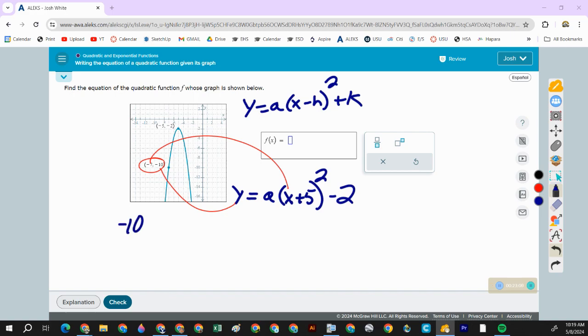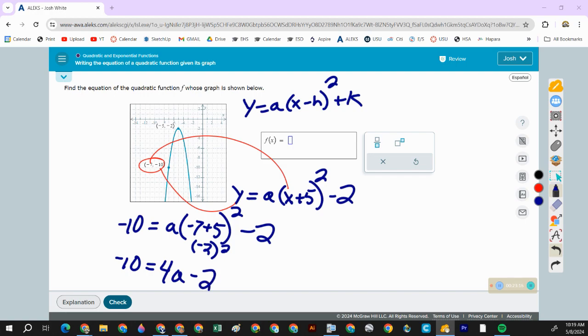So negative 10 equals a times negative 7 plus 5 squared minus 2. Negative 7 plus 5 is negative 2. Square that and I get 4. So negative 10 equals 4a minus 2. Add 2 and I get negative 8. So a